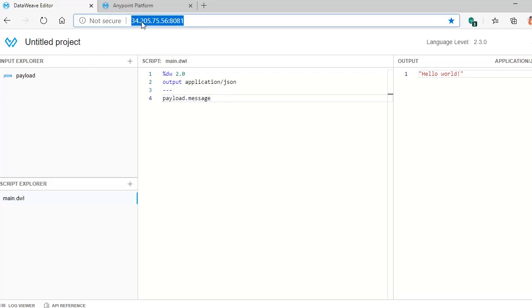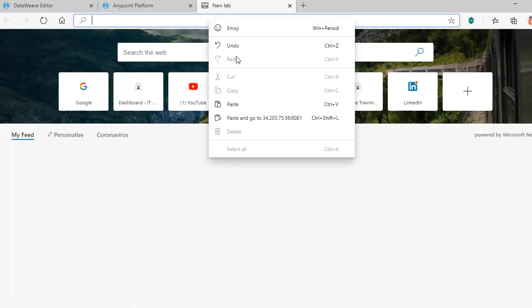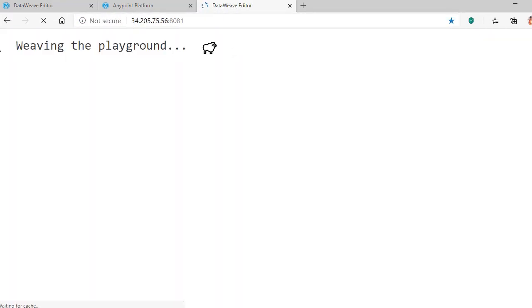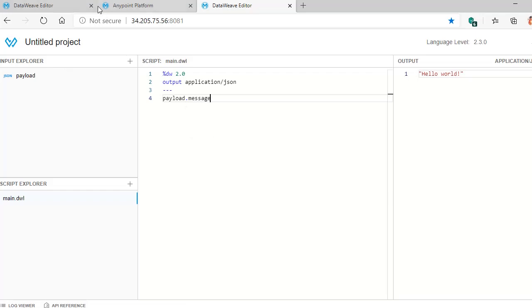To use this, you just need to take this address and open it in your tab, and it will open the DataWeave playground.